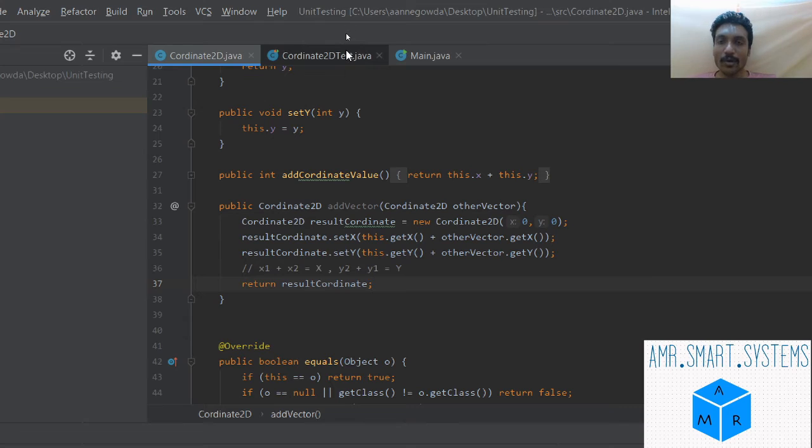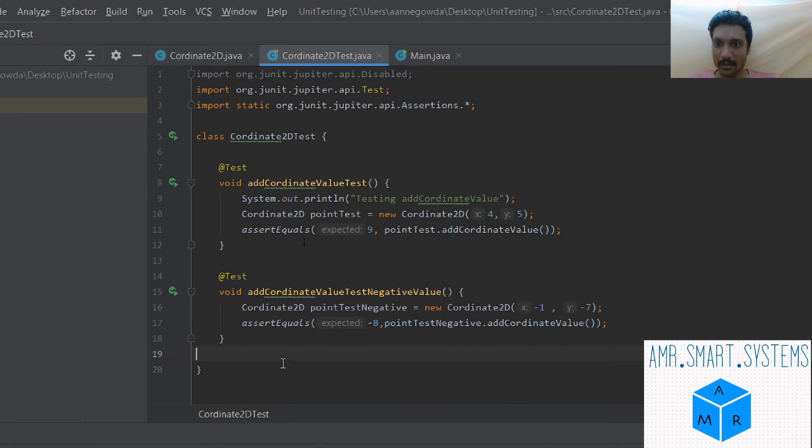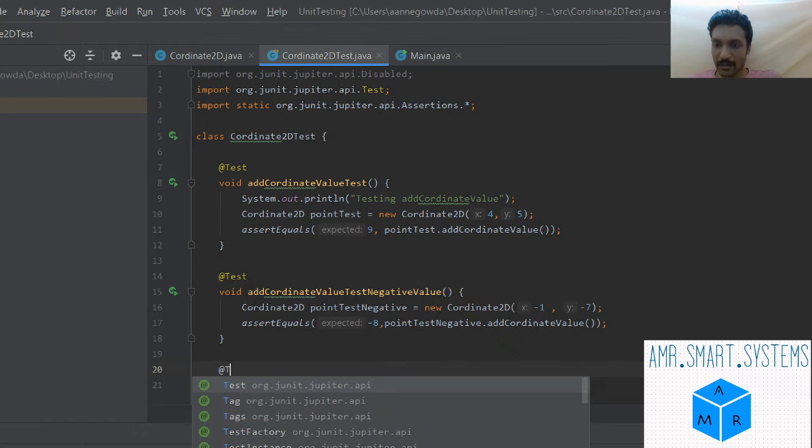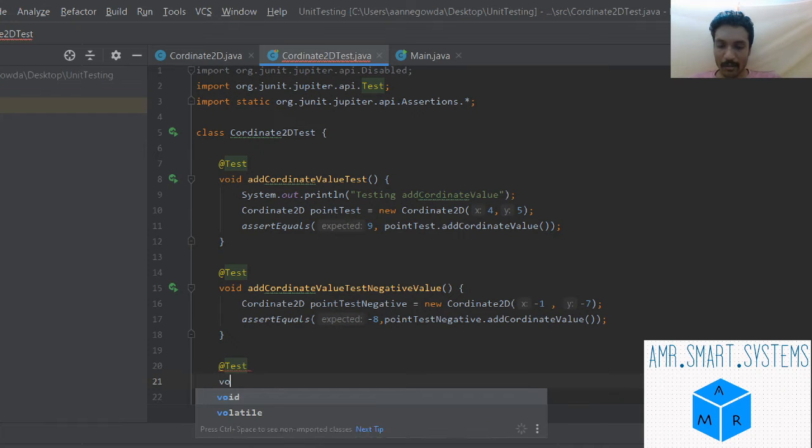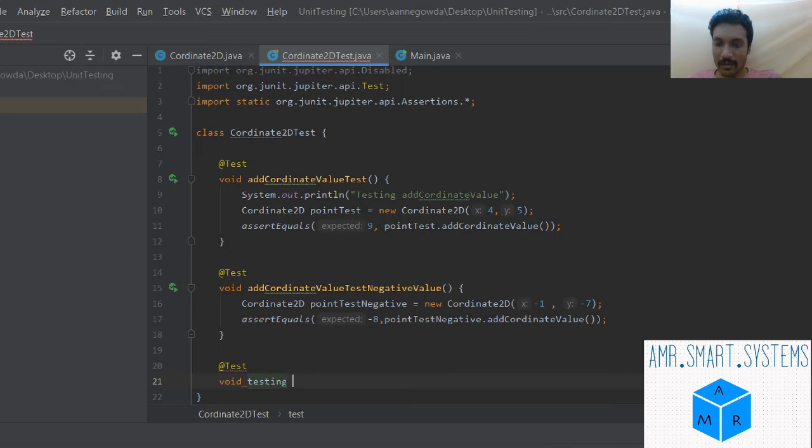So now let's move on to the Coordinate2DTest by adding the test for this addVector. Again we'll add the annotation @Test, of void, testing add vector.